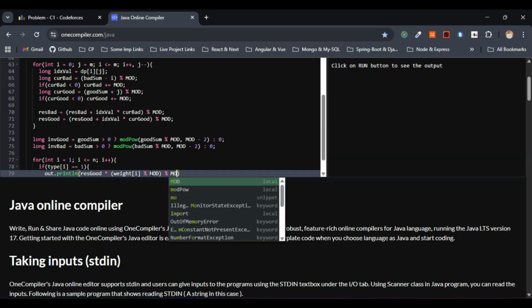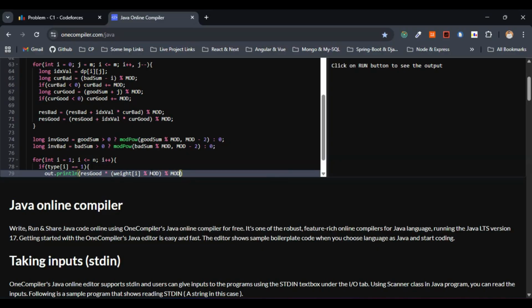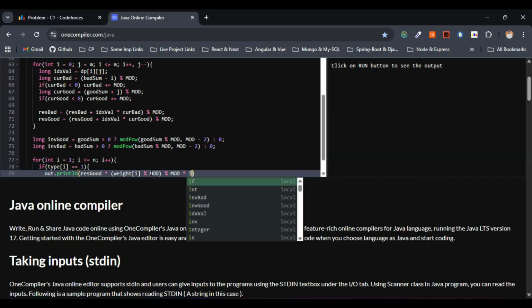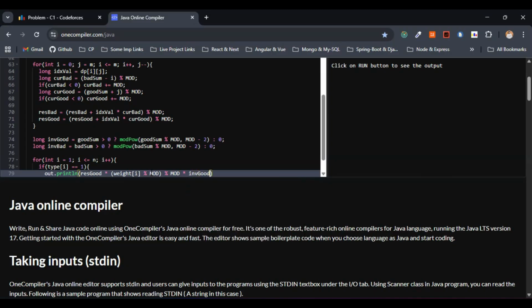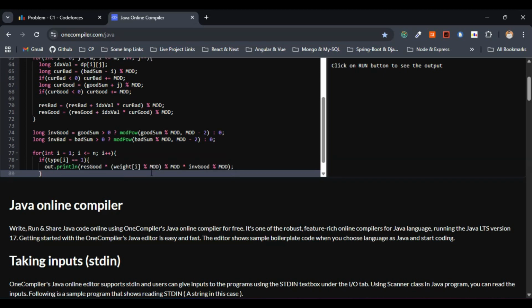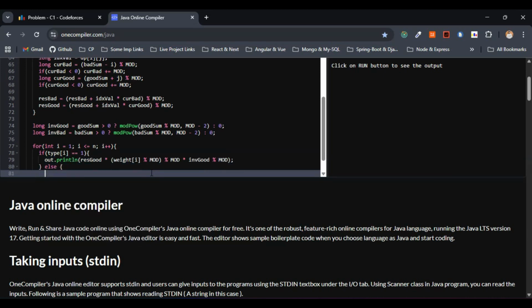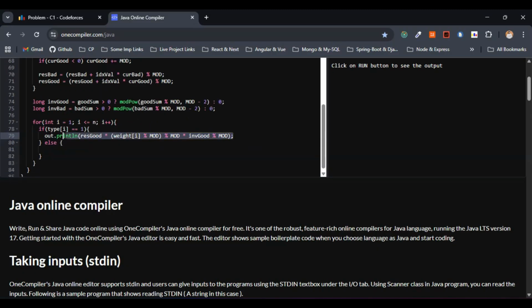So this one actually mod into code modulo mod. So this is fine. Now this is for the liked pictures. We have to go with the disliked pictures as well, right? So this one else, so I'll just copy the same thing and make the necessary changes